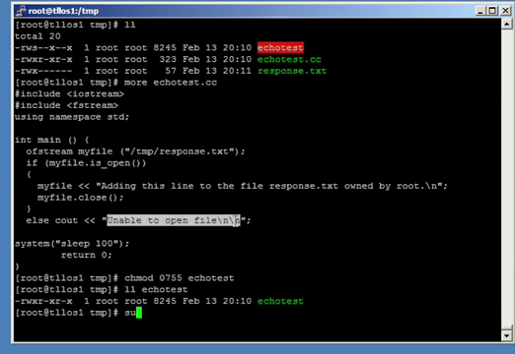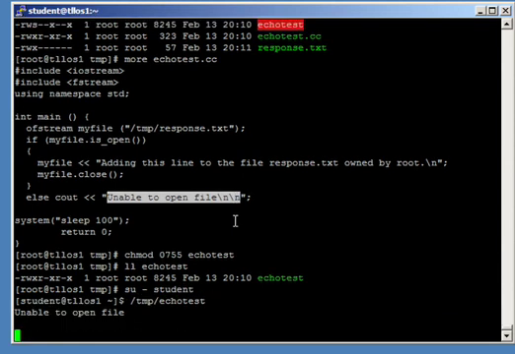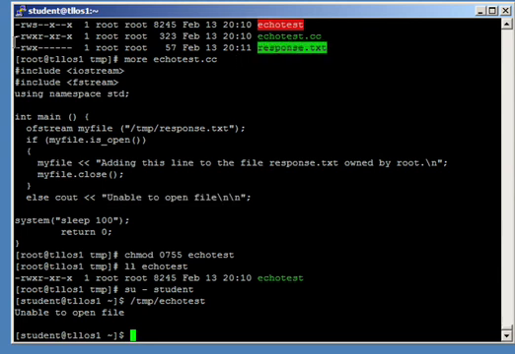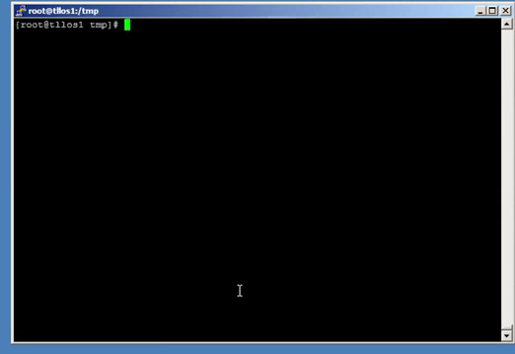And let's just check that: su - student, and then I'm going to run it, tmp echotest. See, it tells me that it's unable to open the file, because that file, as we can see here, response.txt, the one that we're trying to write to, only root can write to it and student can't write to it. But let's say me as the administrator, I want to allow student to be able to write to that file, and this is done